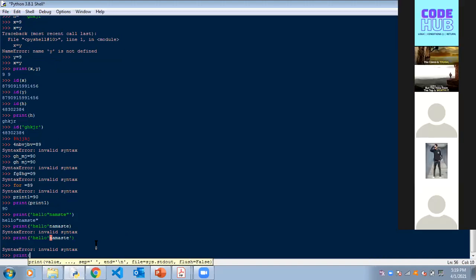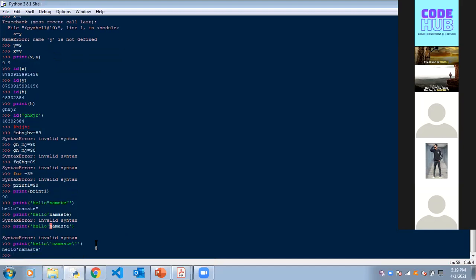Now I write hello, write a backslash, and then I start a quote, namaste, whatever it is, and then again a backslash. Now you use a backslash as an escape sequence in Python.